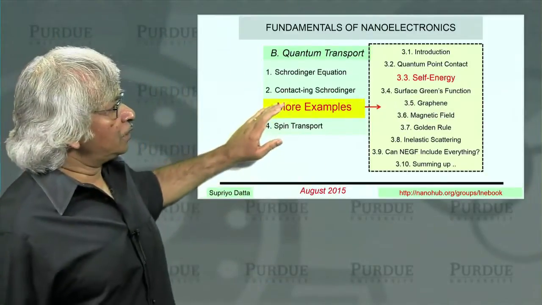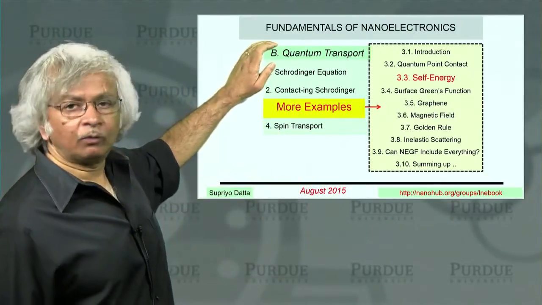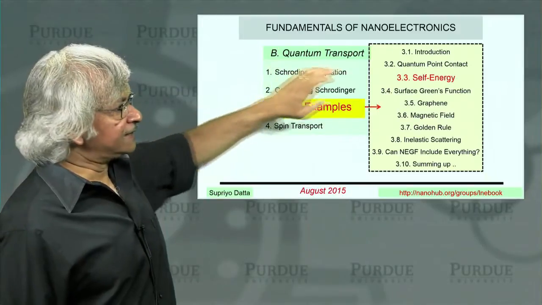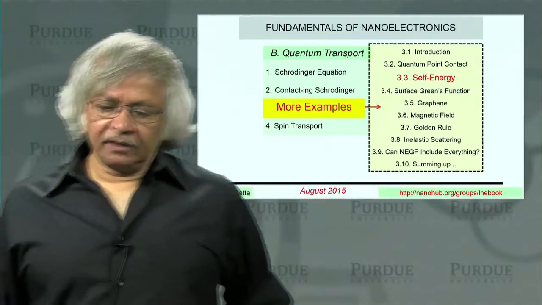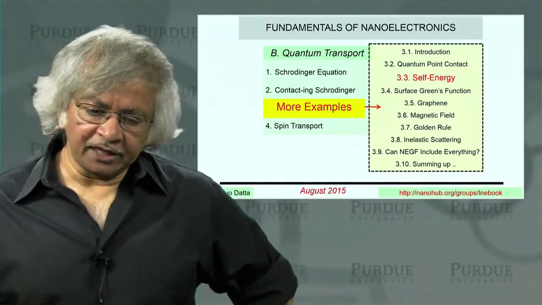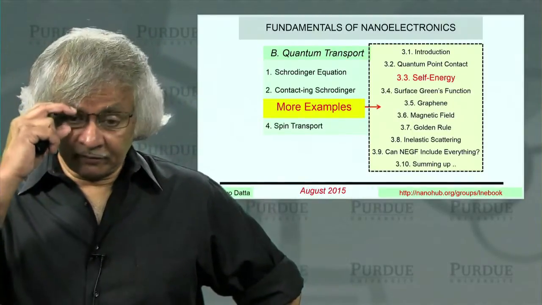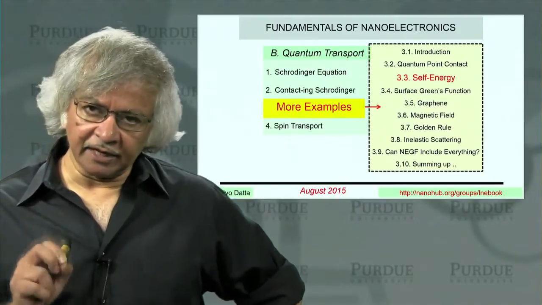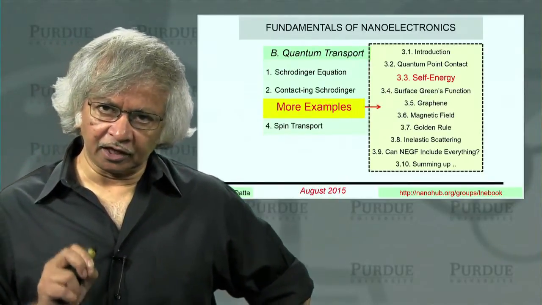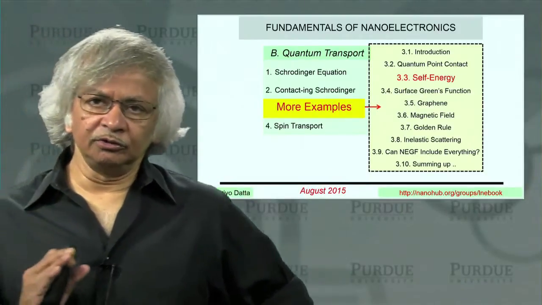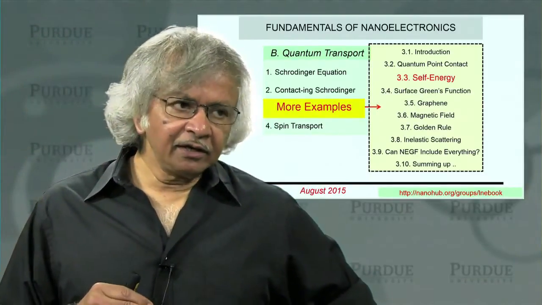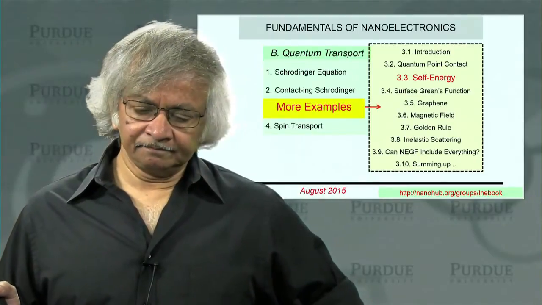Welcome back to Unit 3 of our course on quantum transport. This is Lecture 3. As you know, in this method of quantum transport that we are discussing, a very important piece is to write down the self-energy for the contacts. And in Unit 2, we saw how you could do that straightforwardly in 1D problems.